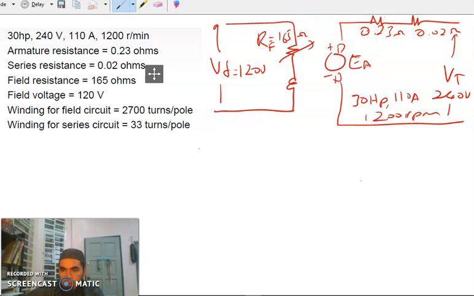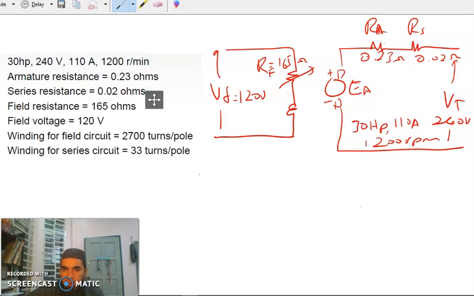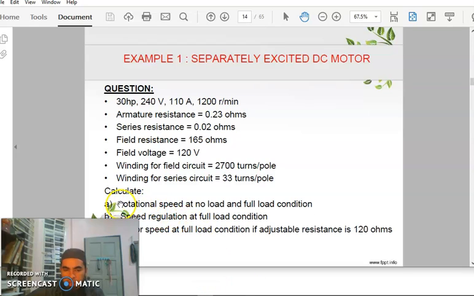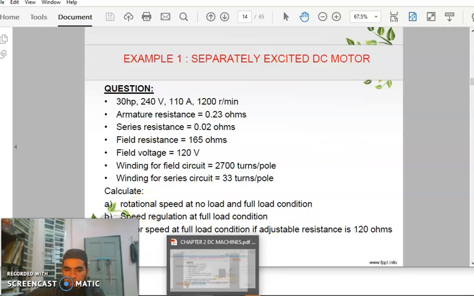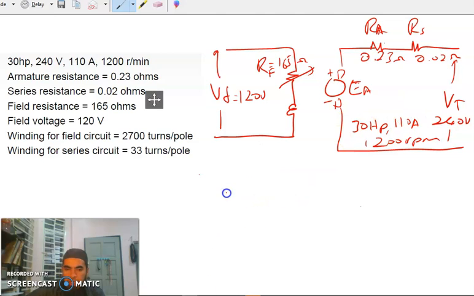2.23 ohm of RF, RA, RS here, RF here, all together inside the circuit. Then we see what the question is, which is: first calculate the rotational speed at no load and full load condition. Okay, when we go back to the circuit, the first thing of all is that we need to find